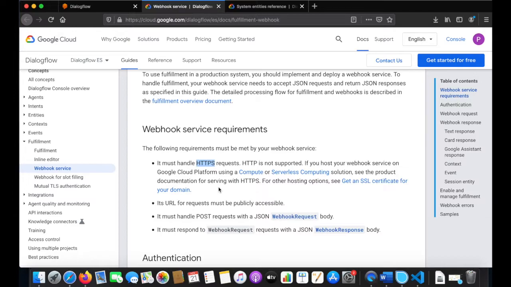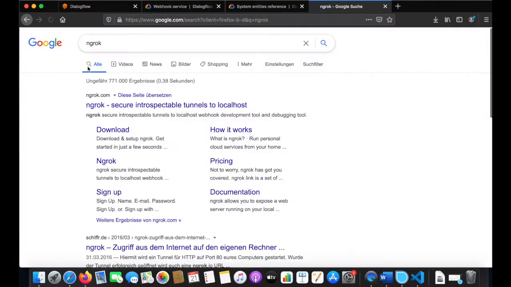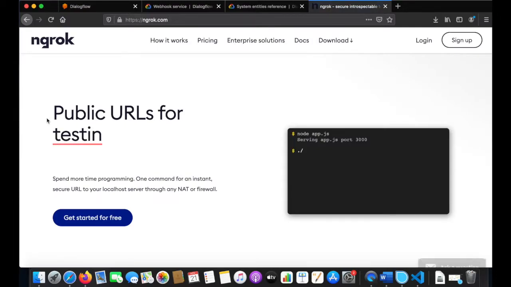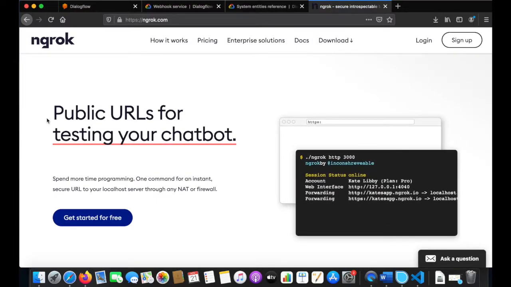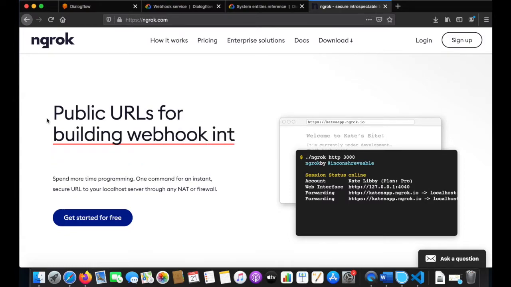Yeah, for you guys, I have a very, very short, very clever solution for it. There is an app called Ngrok, and you can go to their site. Oh, public URL for testing your chatbot, access to your Raspberry Pi. Amazing. So what it can do is I can locally set up a small web app in order to test